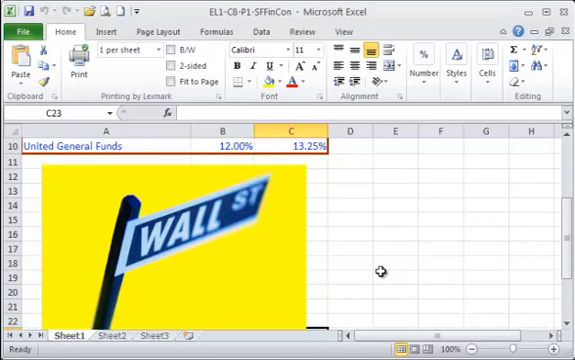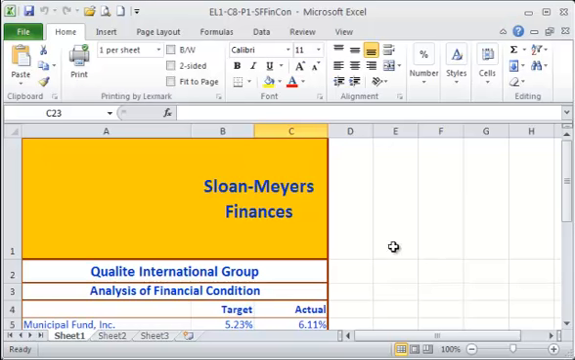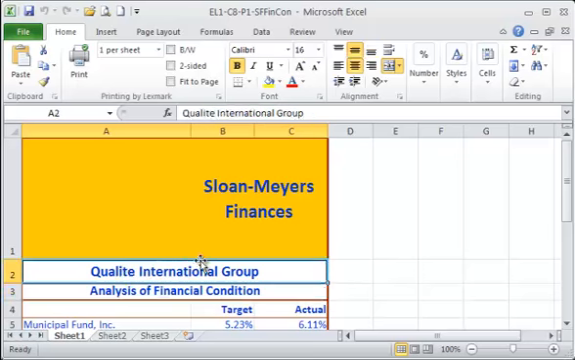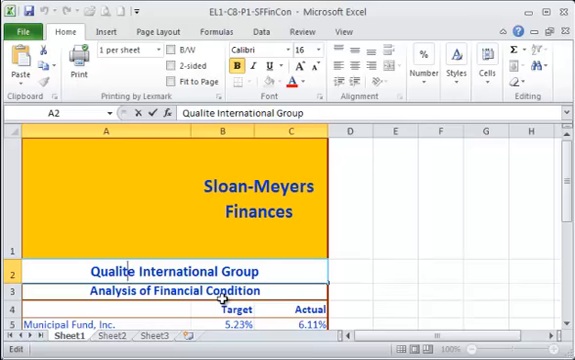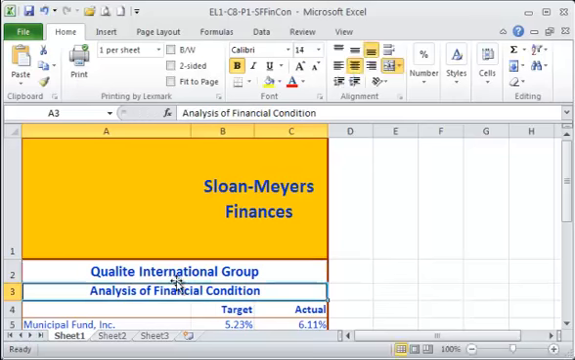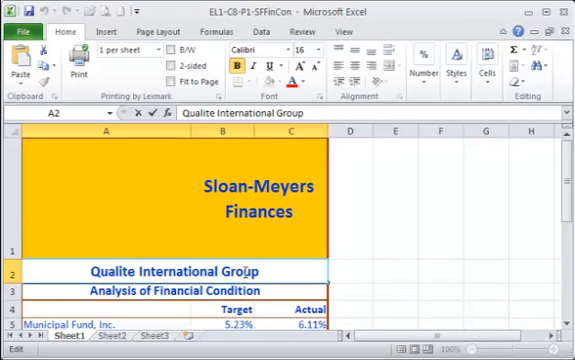You'll notice at the top of this worksheet, we're going to be doing a variety of things to add to the title area as well as the subtitle. The first thing that we're going to do is in the subtitle, Quality International Group, we're going to change the E to an E with an accent mark over it. So first of all, I've clicked in cell E2, then I'm going to double click right before the E, and I'm going to remove that E,